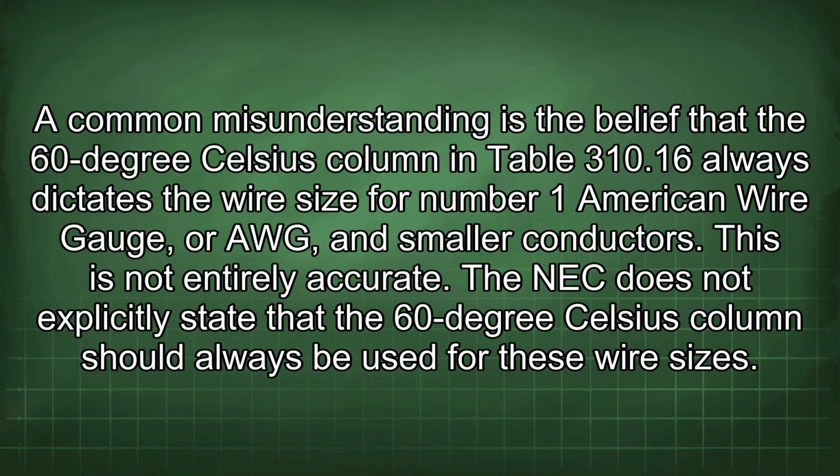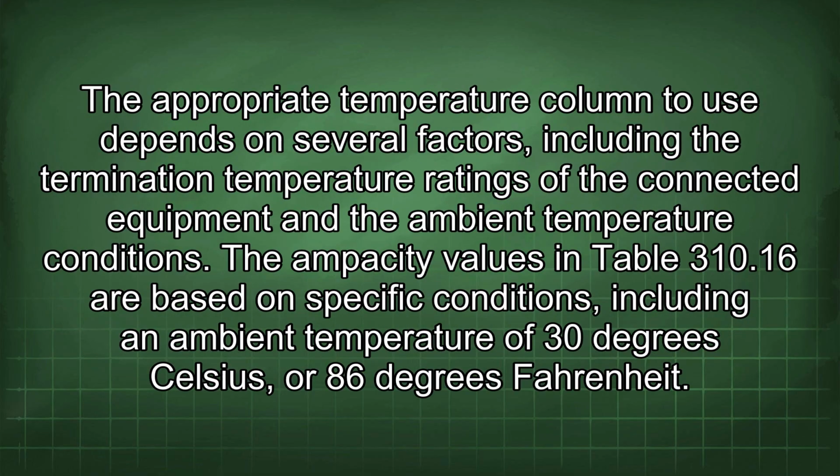A common misunderstanding is the belief that the 60°C column in Table 310.16 always dictates the wire size for number 1 American wire gauge, or AWG, and smaller conductors. This is not entirely accurate. The NEC does not explicitly state that the 60°C column should always be used for these wire sizes. The appropriate temperature column to use depends on several factors, including the termination temperature ratings of the connected equipment and